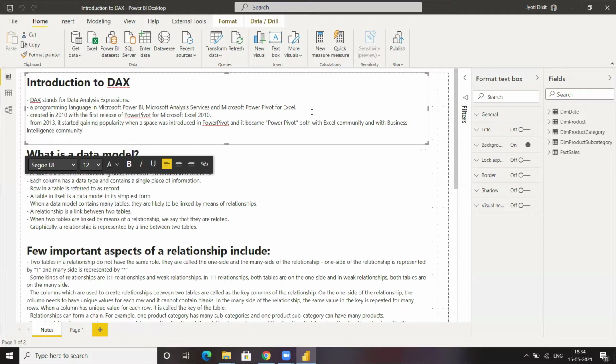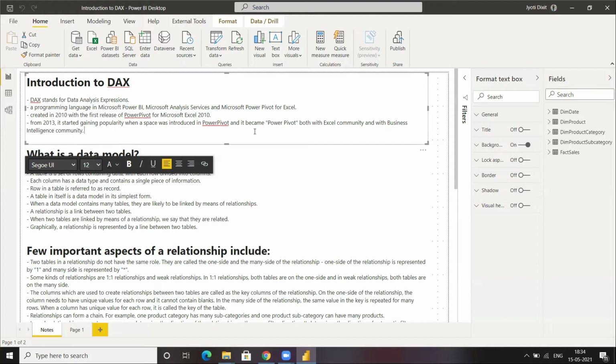In 2013, the newest version of Microsoft Excel was released, and at that time a space was introduced in Power Pivot. So it was then called Power Pivot with DAX. This is what we talk about today.